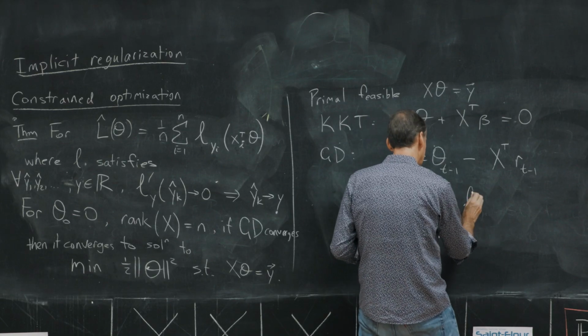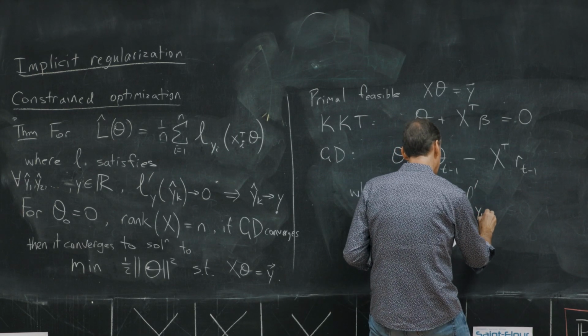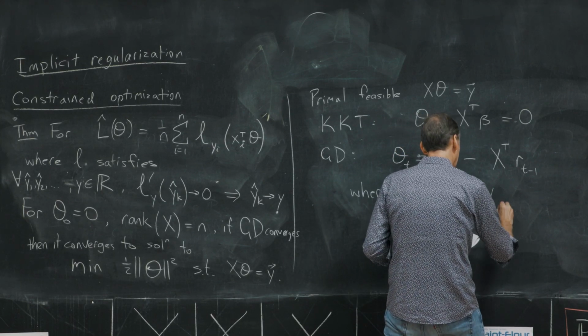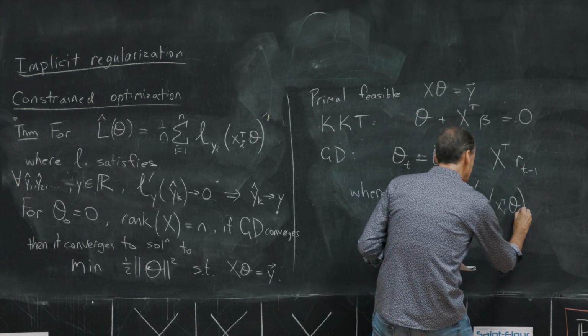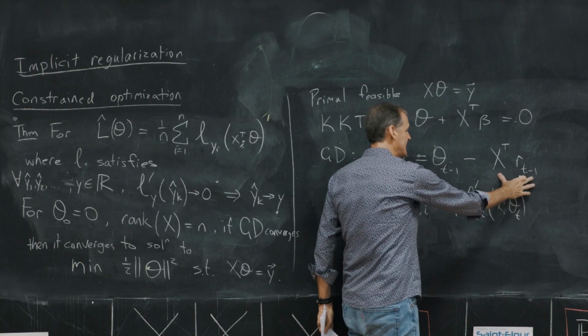We've got our negative in there. The derivative of L at, I guess we need yi for the ith component, and it's xi transpose theta t. Okay, so this is our gradient update,